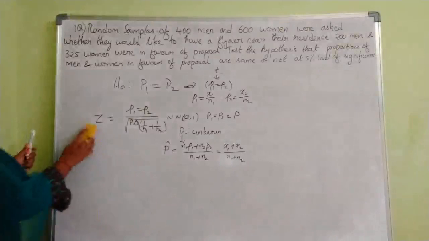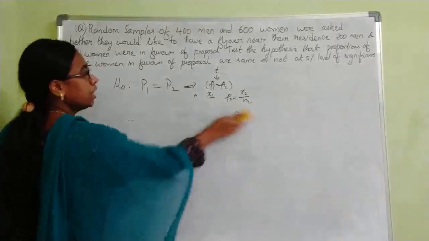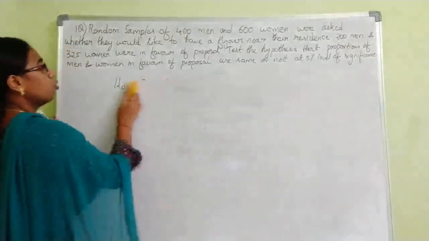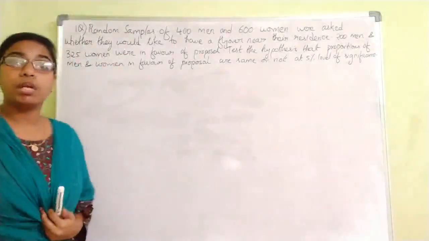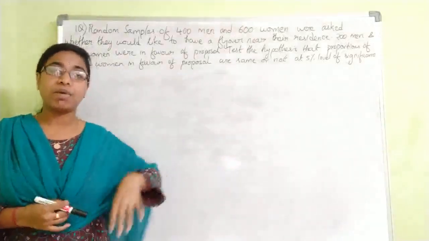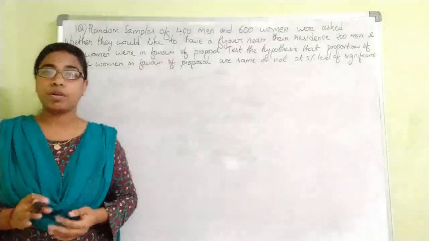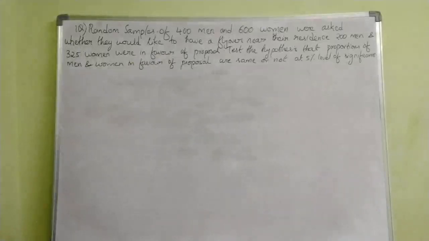Now we will look at problems based on the difference of two proportions. Only the method is not important, and only the problems are not important. You have to learn both the method, that is the derivation and theory part, and also the problems, because both will be asked in your examinations. The same problems with the same procedures will be there for the practicals also, so listen carefully. If you understand the concept, you can do the problems very easily by knowing the test statistic.